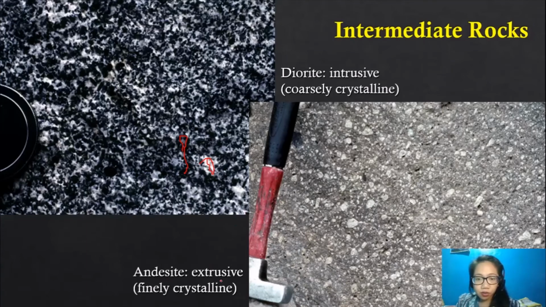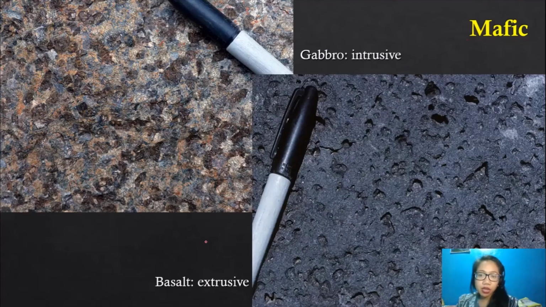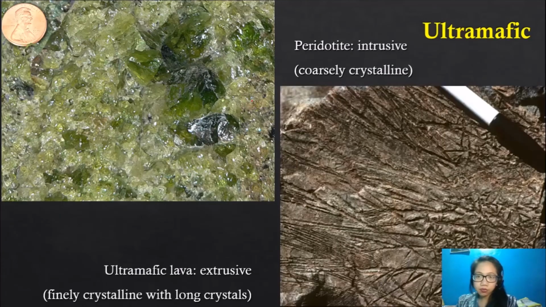Okay, and then also andesite, it's the same as well. You have your light colored materials here, and then you have your dark materials surrounding it. Okay, gabbro is a type of mafic rock as well as your basalt. So very dark in color. This one is extrusive. This one is intrusive. Ultramafic peridotite. So you have here crystalline formation, and then you have your lava here, cooled down lava, which is